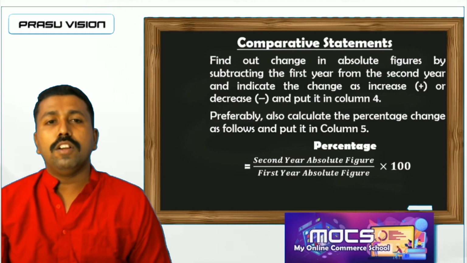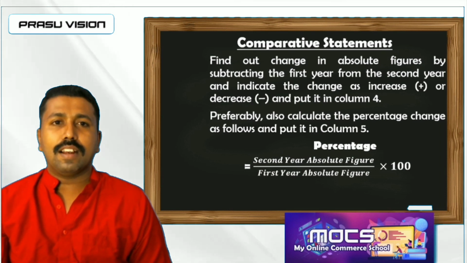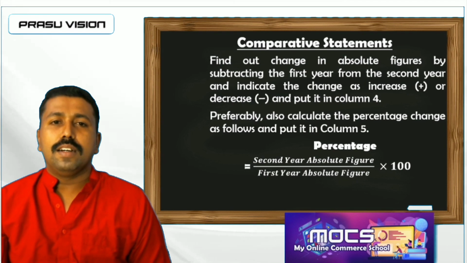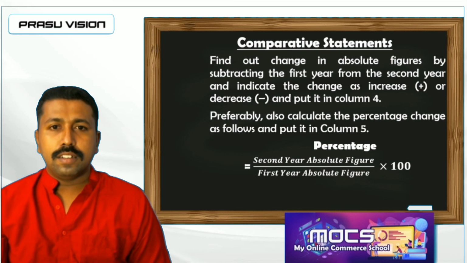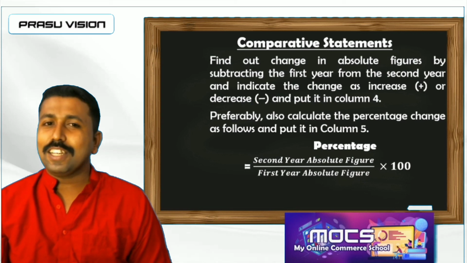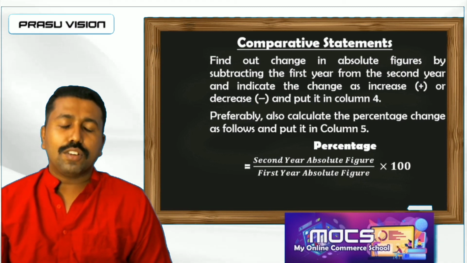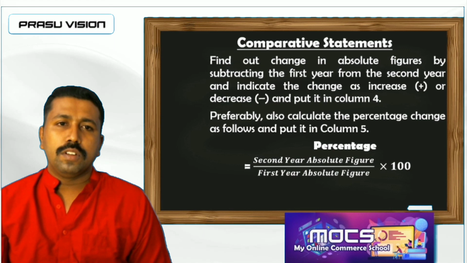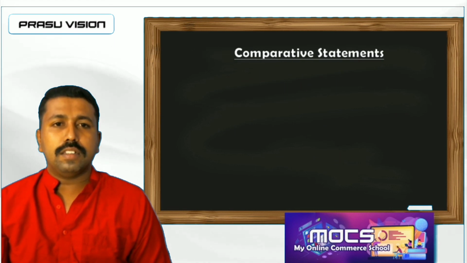For example, when we consider the asset, land and building or fixed asset value is 2 lakh in the previous year, and in the current year it is 4 lakh. So 4 lakh minus 2 lakh shows the absolute change. That means an additional purchase of fixed asset. So remember, we have to calculate absolute change, and also we have to consider the percentage change. So remember the format.